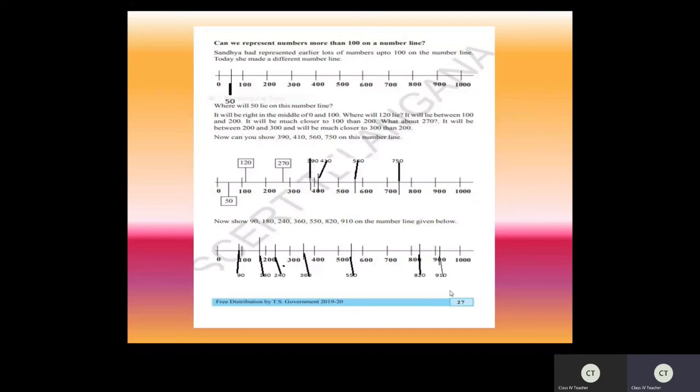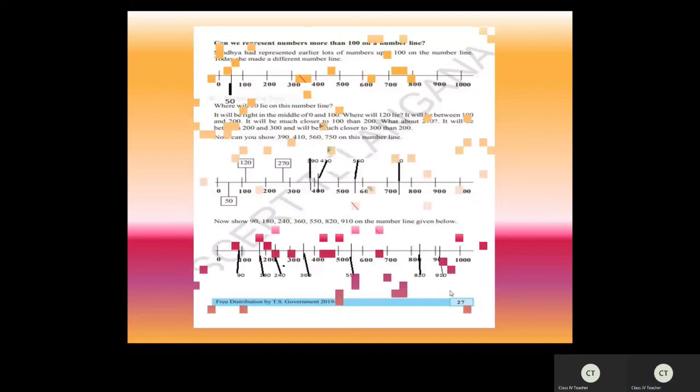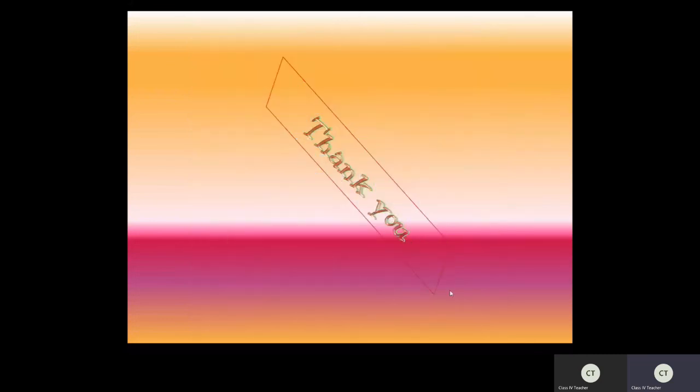Regarding these topics, in depth also I'll explain the definitions by tomorrow, children, in the next class. Okay, so by this our class is completed. So remember what you have learned today: how to mark on a number line and how to round off to the nearest. Okay, children, complete it, and I'll send you the notes with the definitions also.